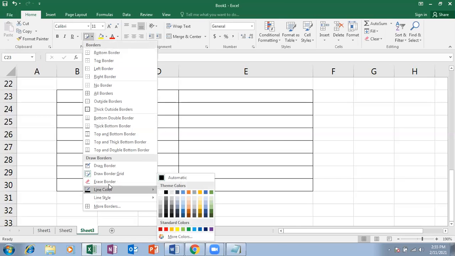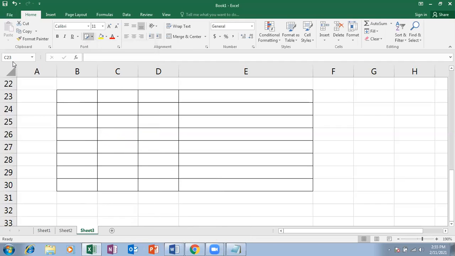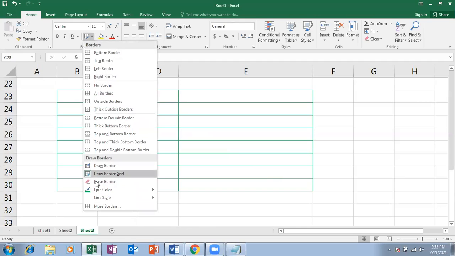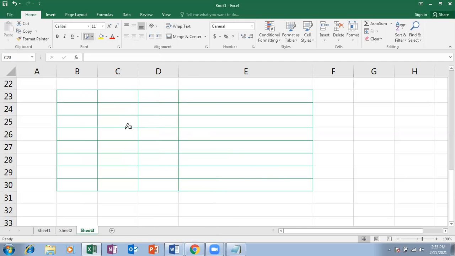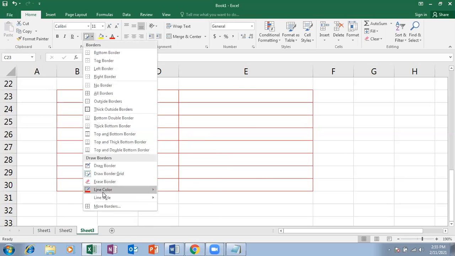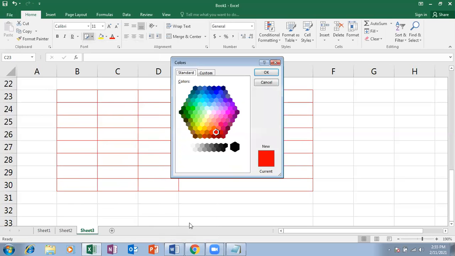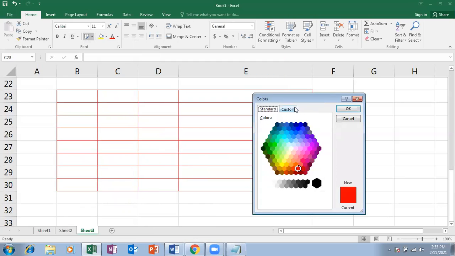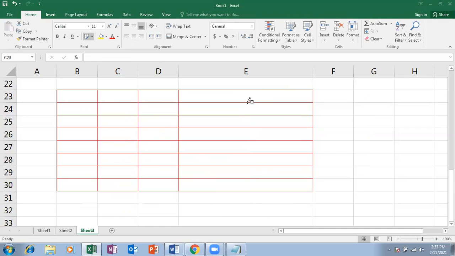And next to that, erase border. Let me click on line color and choose a line color like green, and just apply it, or any other color, and just apply that. Or else click on that, go for more colors. You'll be having this one. You can choose whichever color you want. Just click on OK, and then you can apply that particular color.